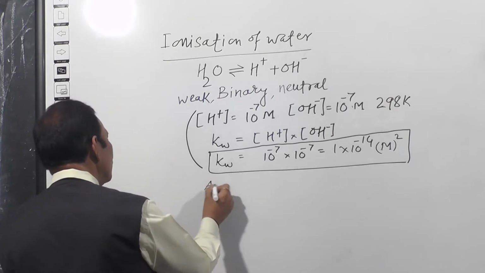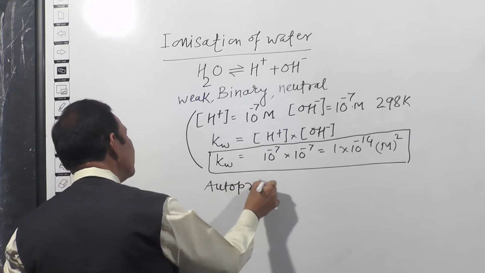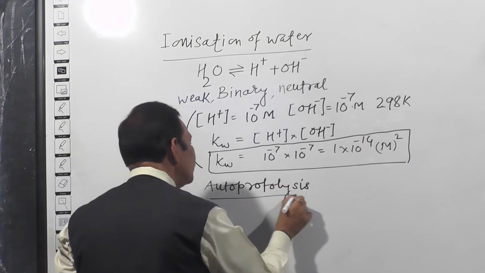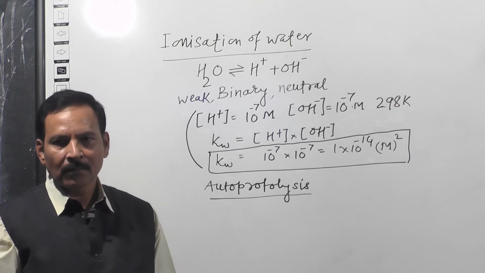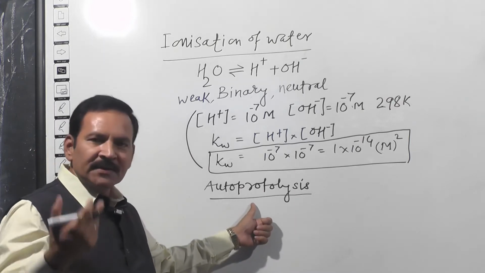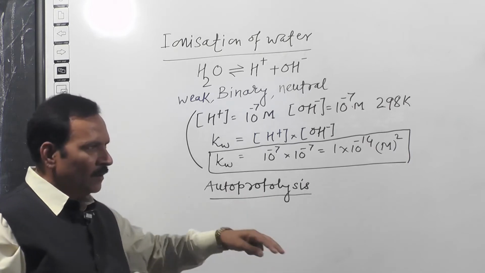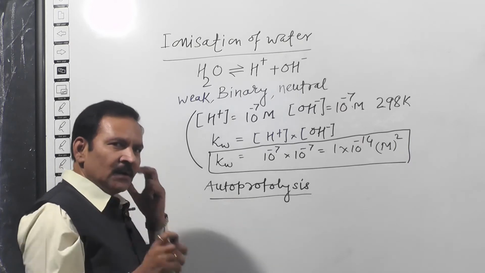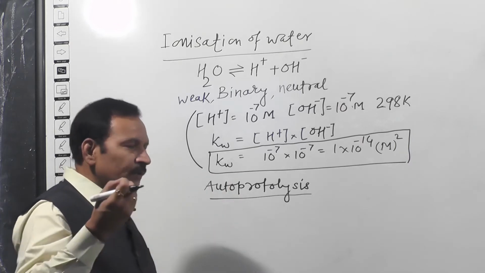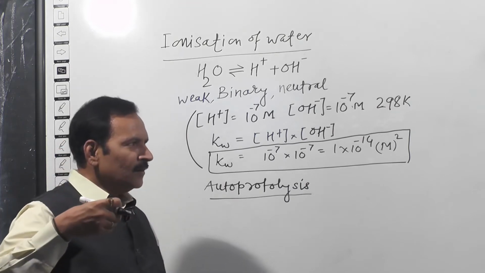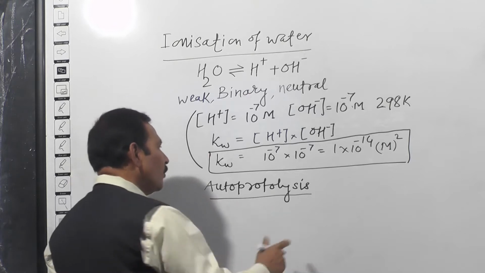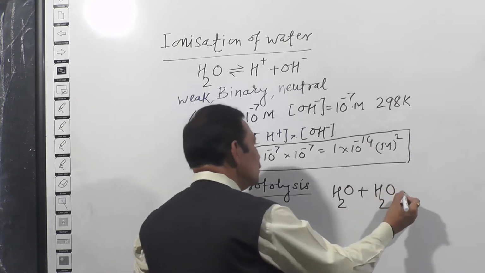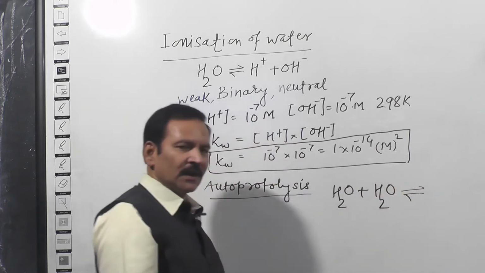Next property of water: its protolysis occurs automatically. Autoprotolysis is the property of water. In the previous theory, we have seen if a species has to generate a proton, it requires a medium for the release of proton, that is water. So without water, proton release is not possible. But in case of water, there is no need of any solvent. Water itself is capable of generating a proton according to this reaction.